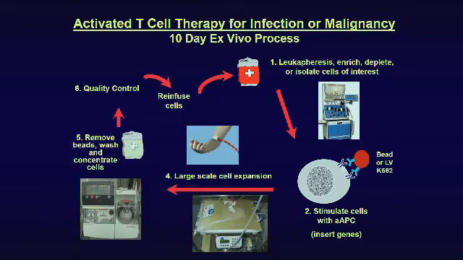So how do we take this technology and bring it to patients? Well, that is integrating a process that we developed at the University of Pennsylvania, where we collect white cells by leukapheresis from patients. We can select, enrich, deplete cells, and then we stimulate T cells using an artificial dendritic cell